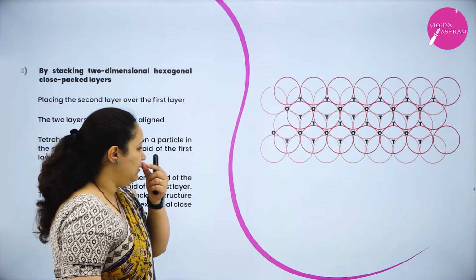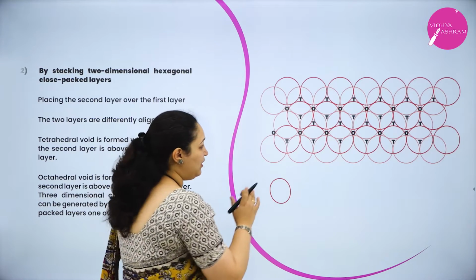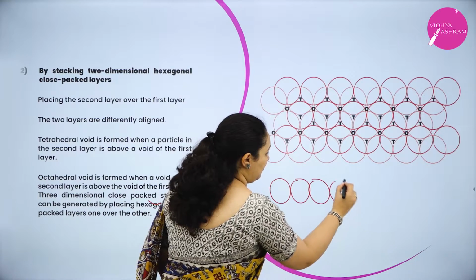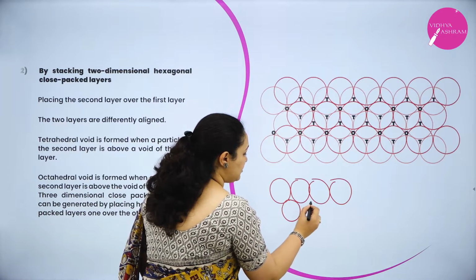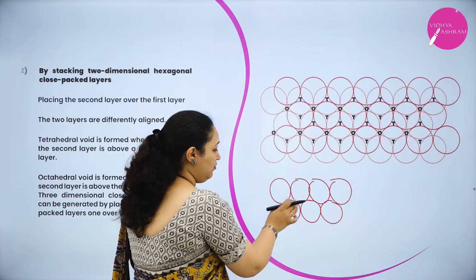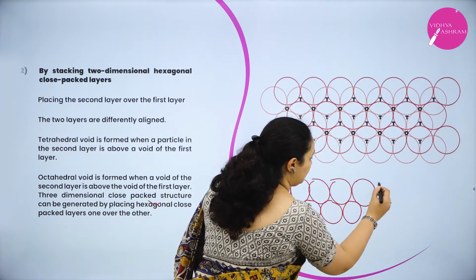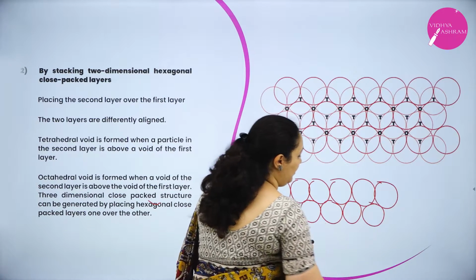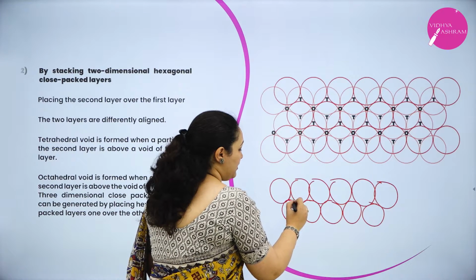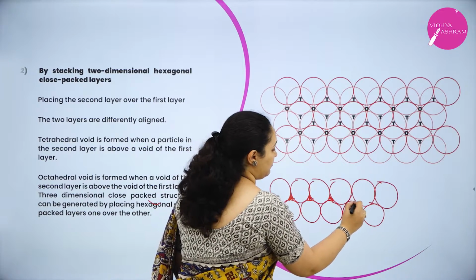Now you can see here, this is my hexagonal. I'll just show you with a small diagram if this is not very clear. I've taken this as my one layer, 1 dimension. For the second, I will put it in the grooves of the first layer. It is placed in the grooves like this. I'll just show you 2 more particles. Here it's not identical. Now these are the triangular voids which were formed.